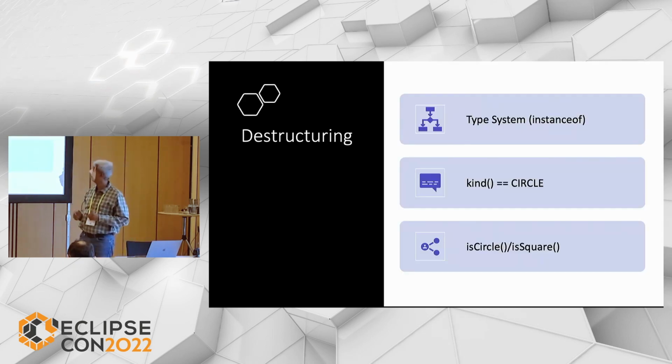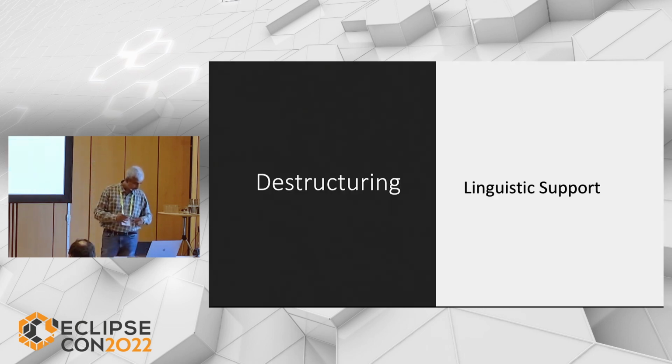Of course, you can use the type system, check for instanceof for all of these things. That's one way. Or you can destructure using something like a kind, using an enum: it's a circle or a square, or some of these things which we use very, very frequently. Again, it's on the type system. You will have to provide these things at the highest level. Sometimes they are unrelated. So these are the ways by which you can do destructuring. This is a kind of a hole in terms of not having proper linguistic support, and this was one of the motivations for pattern matching, as it will become clear.